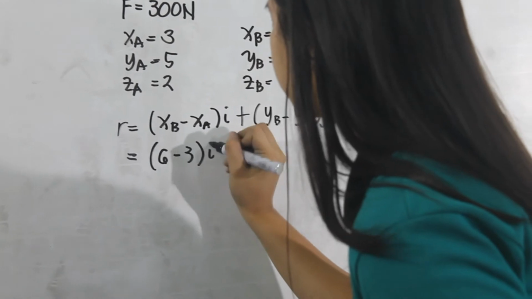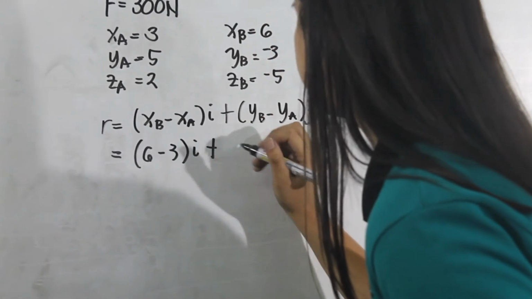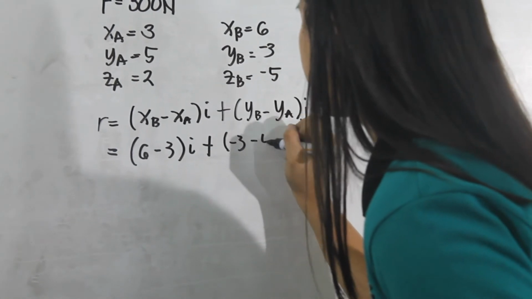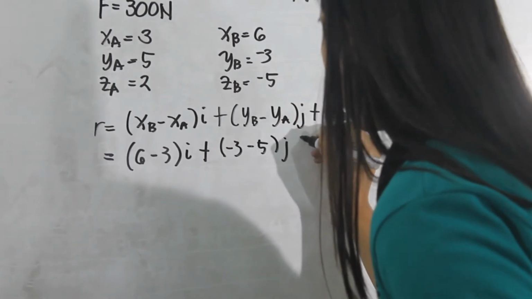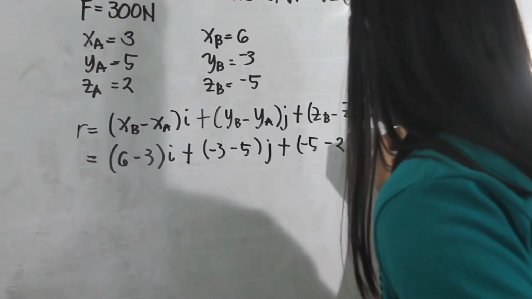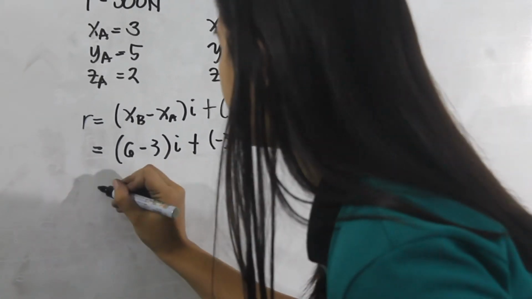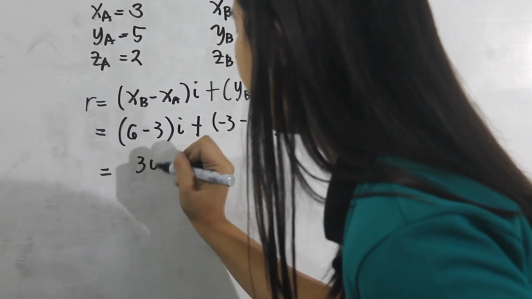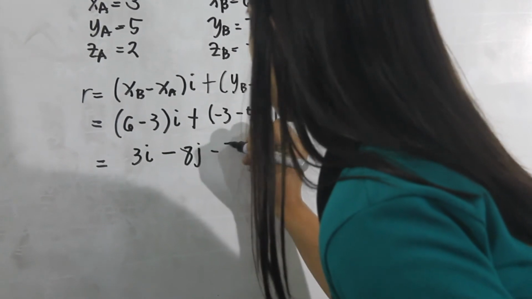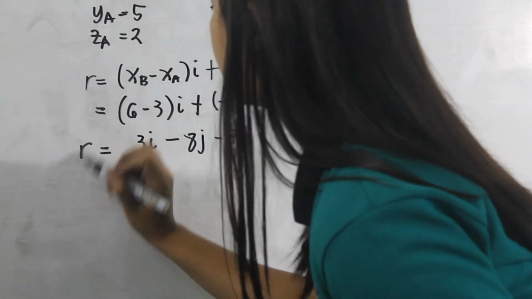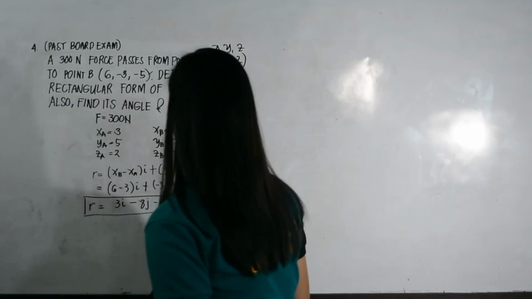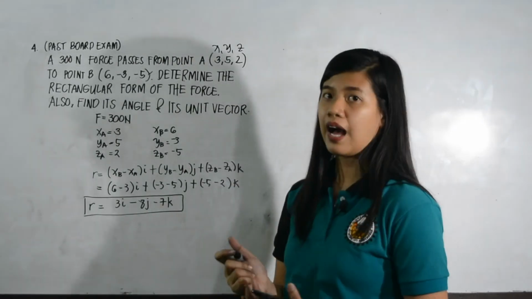XB, 6 minus 3 times I plus Y minus B, YB minus YA. So we have negative 3 minus 5 J plus ZB, which is negative 5 minus 2 multiplied by K. So we have 3I minus 8J minus 7K. And this will become our rectangular form. Now, for getting the angle,